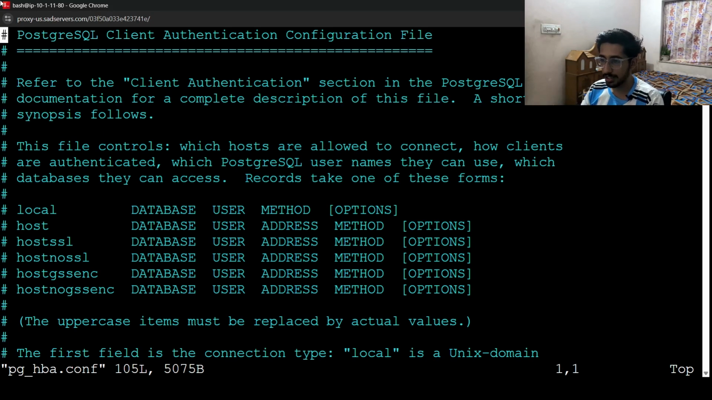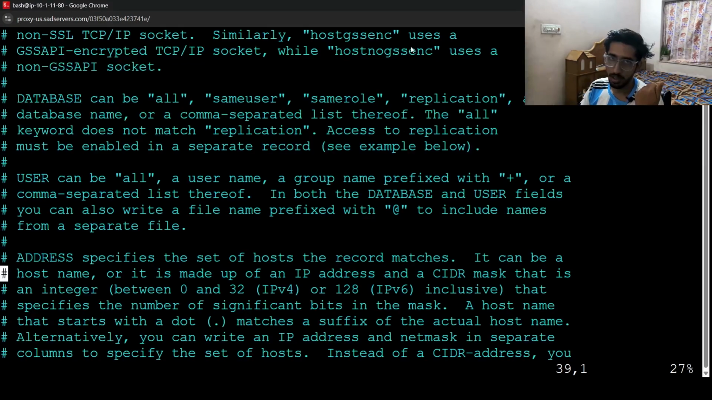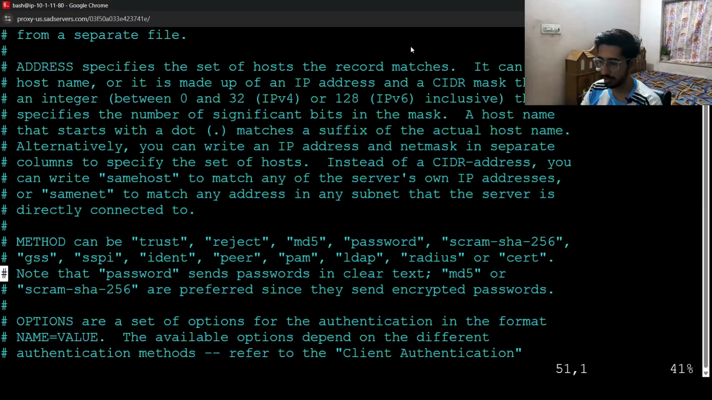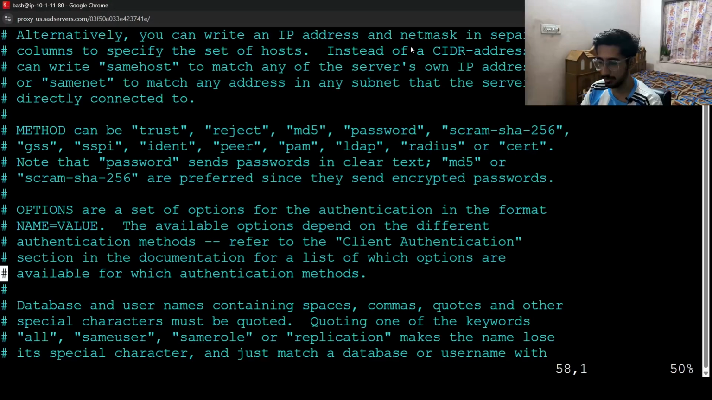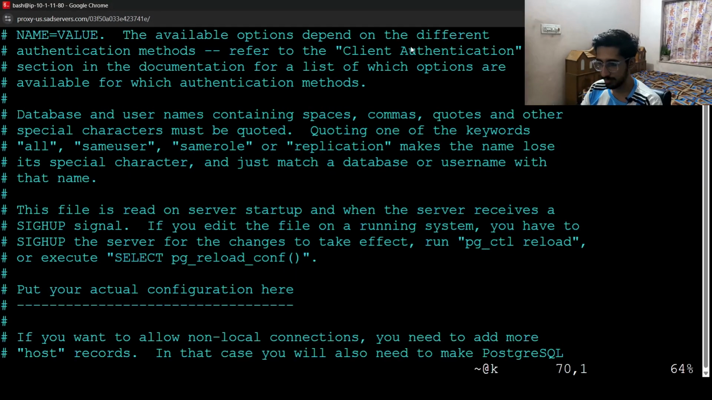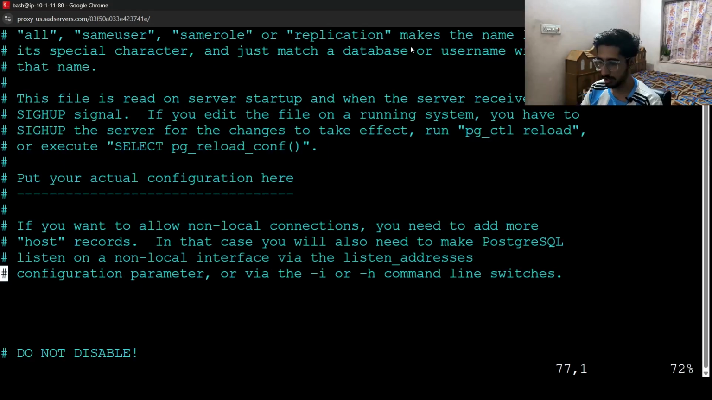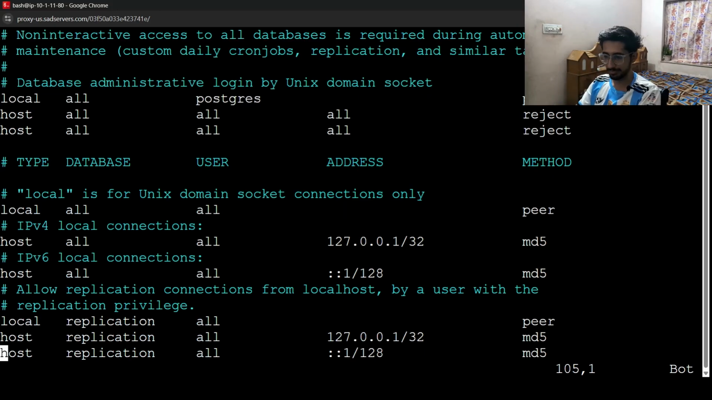So this file is the PostgreSQL authentication configuration file, and we use this particular file to allow different users or reject different users to access our database. So I believe there is some configuration issue in this particular file that we need to change. Put your actual configuration here, do not disable. Okay. For now, what I can say is, all these connections are having local all,